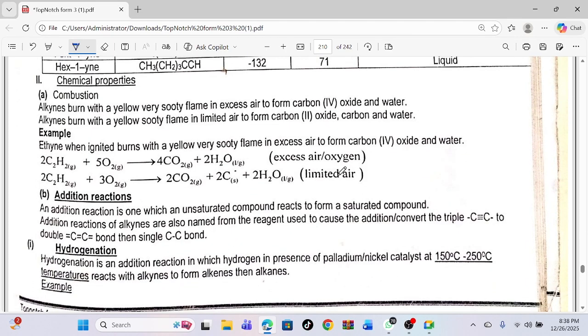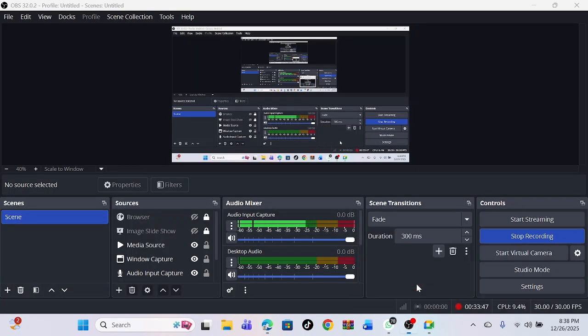So next our next lesson we shall be looking at chemical properties and practical parts. So if you have any question, feel free to